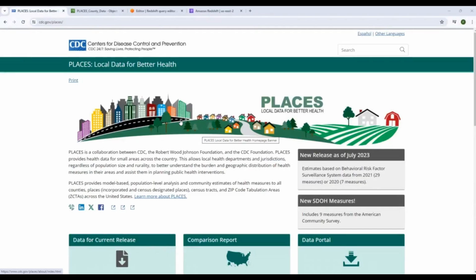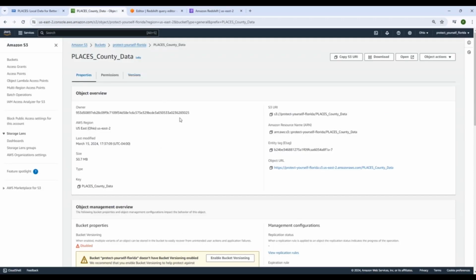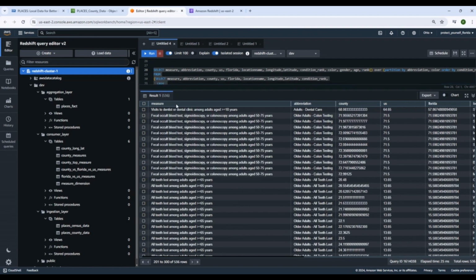As shown in the data architecture diagram, the data starts in the Places Local Data for Better Health datasets provided by the CDC in collaboration with the Robert Wood Johnson Foundation. From there, a Boto3 script will import the data into Amazon S3. Here you can see our Amazon S3 bucket in our application account. The two main datasets used for this application source data are the Places census data and the Places county data. From here, a Redshift copy command is issued from inside the Redshift database and into the initial